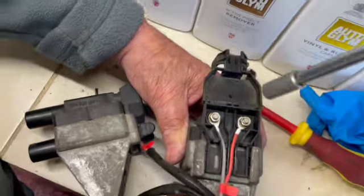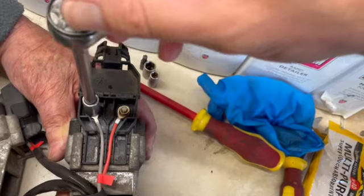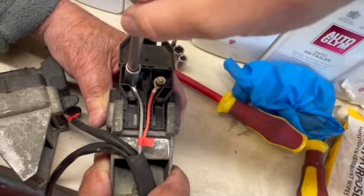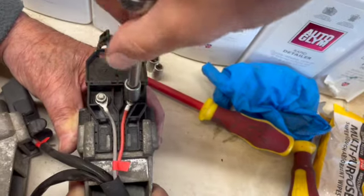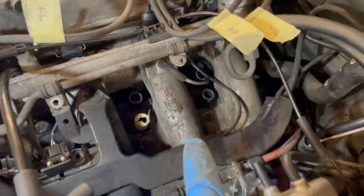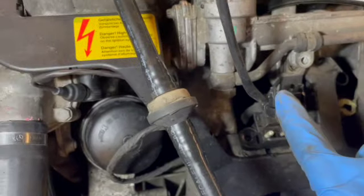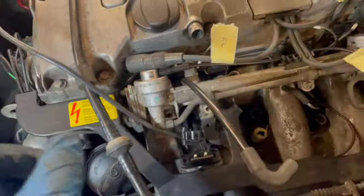Make sure one's going the right way. Just nip them up with the 8mm socket. Make sure you put the spring washer back in underneath, then we can clip it back up and look to refit. So we've got them loosely back in there, haven't fed it through. Tip to make it easier, on the new connector, put a wire or a cable or something to be able to pull it through. It just makes it a lot easier to drag it out and get it out the